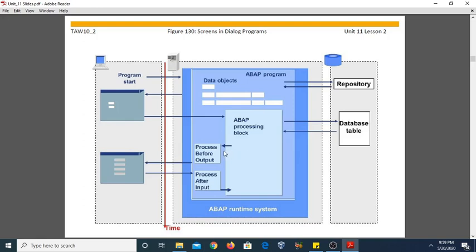The first one is PBO, that is process before output, and the second is process after input. The block is always processed after user interaction. You can see process before output is executed before the output. That means before giving the output to the user, this block is executed.